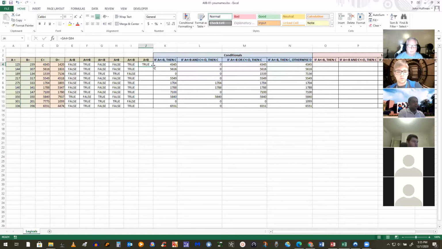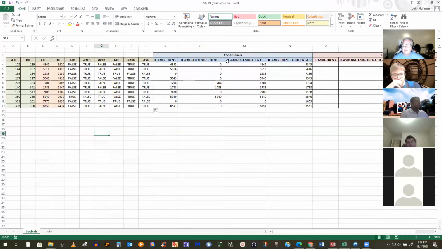And we'll copy that one down. So that's my logical conditions on those. Okay, and again, remember, the trues will evaluate to 1 and false evaluate to 0 mathematically. But here we were just asking, is it true, is it false? But I could use this logic to make conditions now.